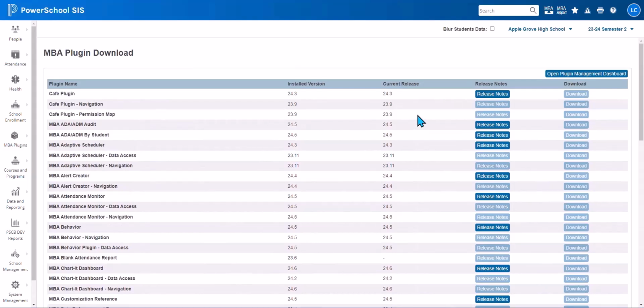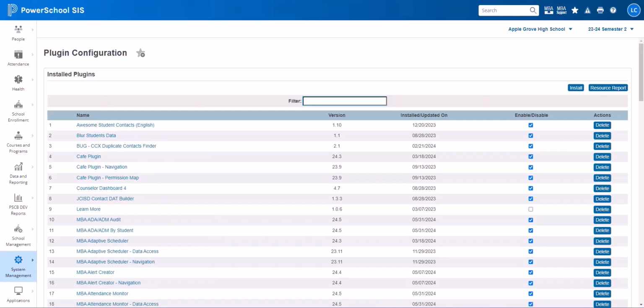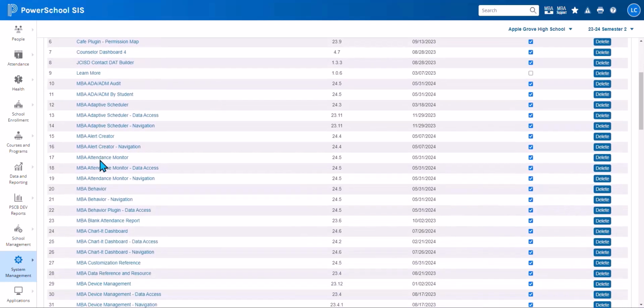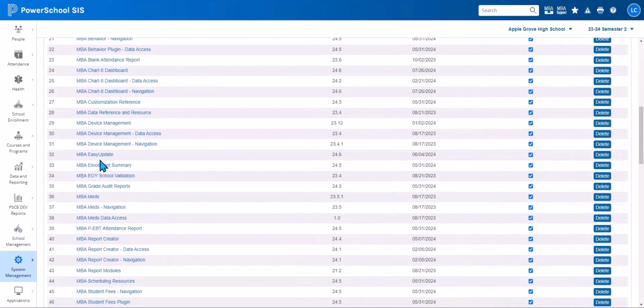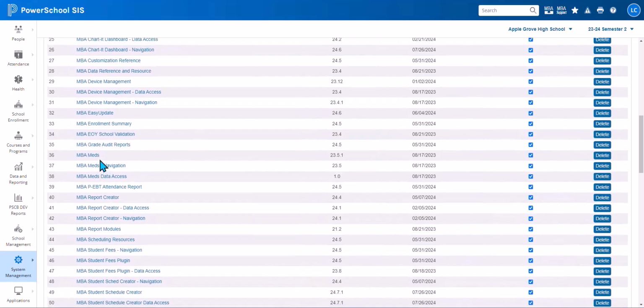Scroll up to the top and click the Open Plugin Management dashboard. This will bring you straight to the plugin configuration page. Go ahead and scroll down until you find Report Creator. And let's look at the pieces here. You have the main plugin, you have the MBA report modules, you have a navigation part, and you have the